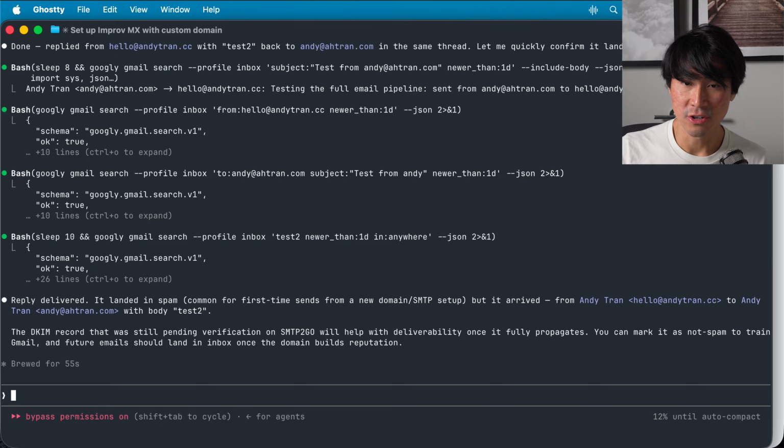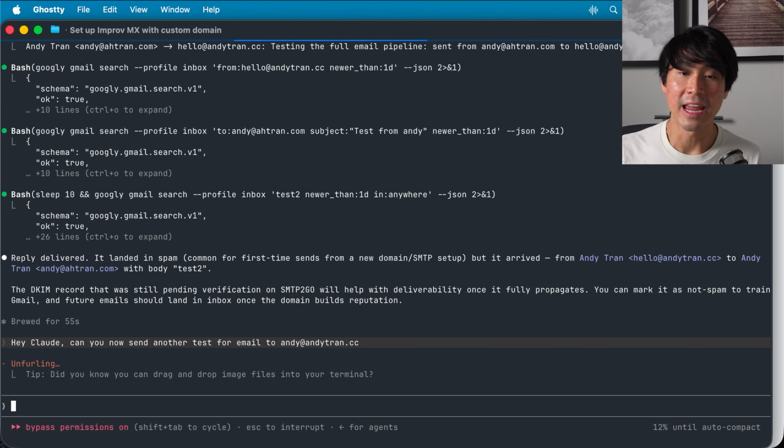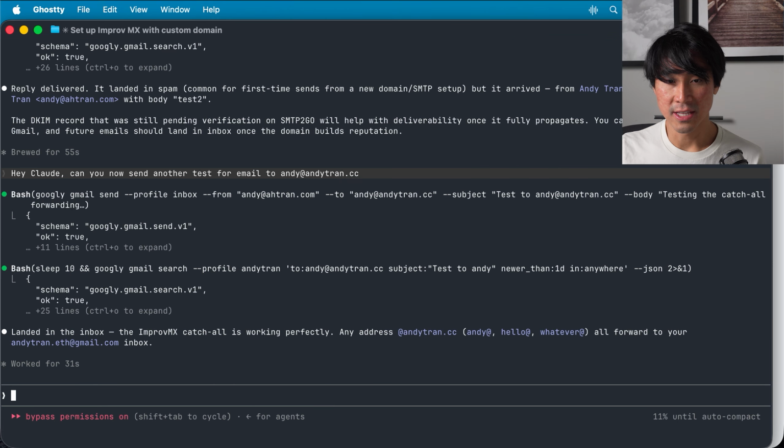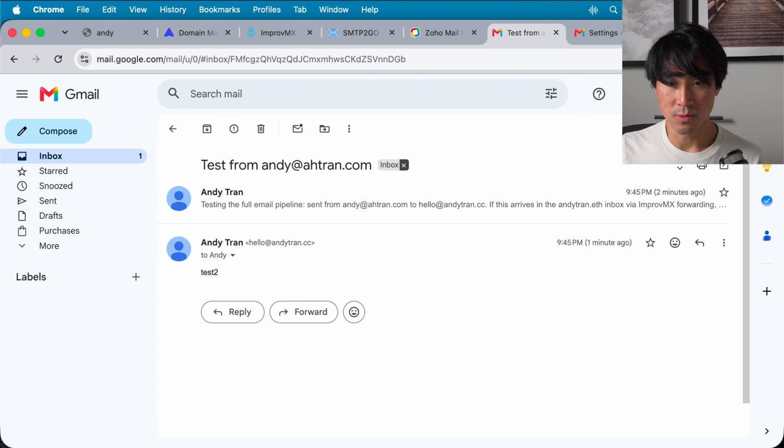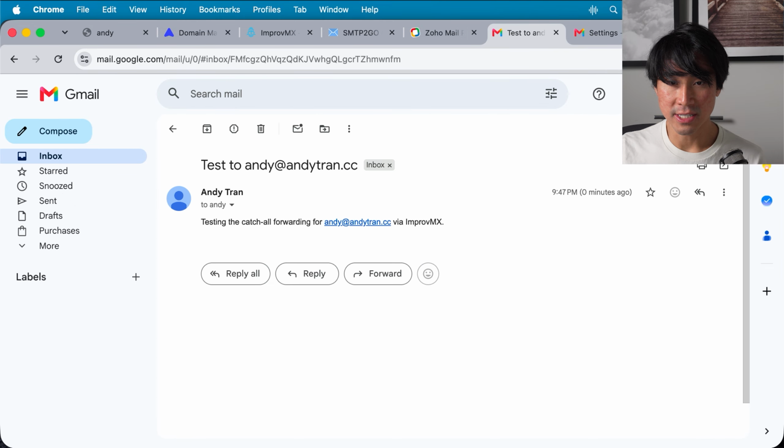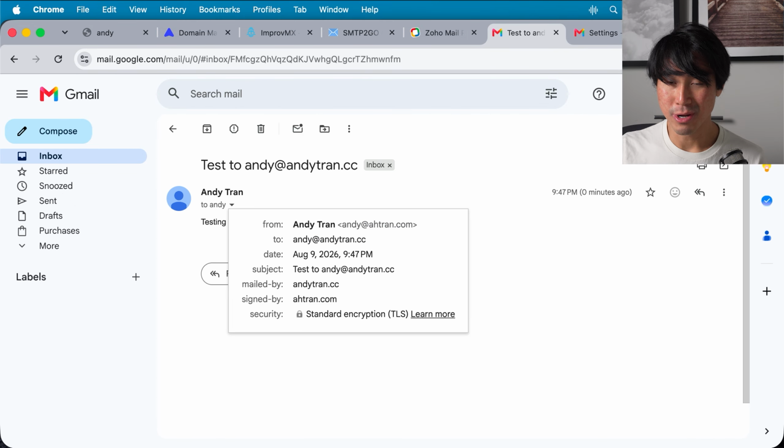But let's do one additional test just so you can see this as well. Let's say andytran.cc, and this time it's a different alias. And let's see what happens when we do this. And it looks like the email forwarding has worked. And we'll go back here, and now we'll see that we basically can send from pretty much any alias with